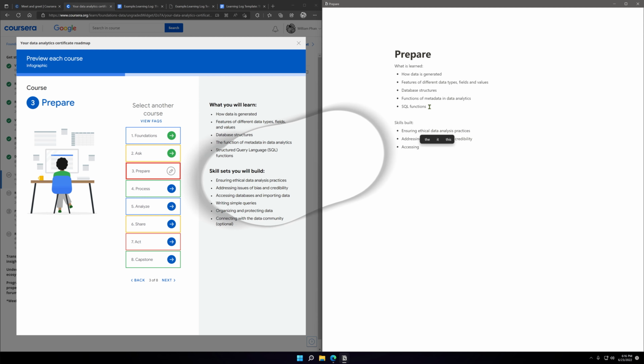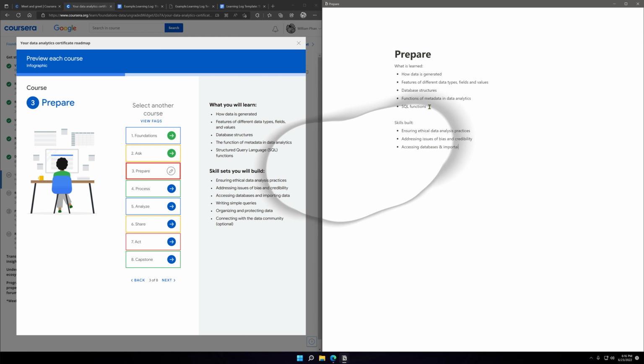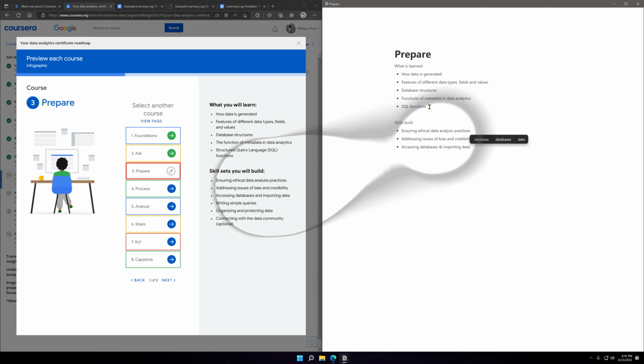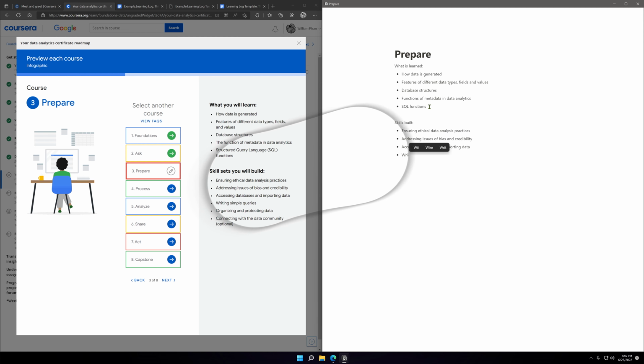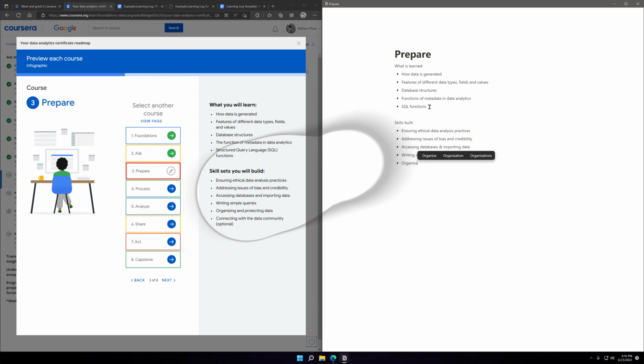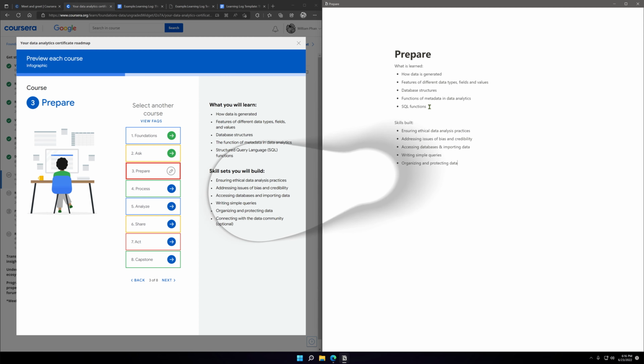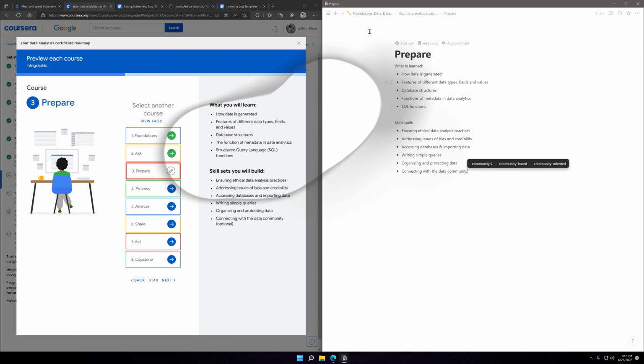Obtain data and multiple queries, connecting with the data community. All right.